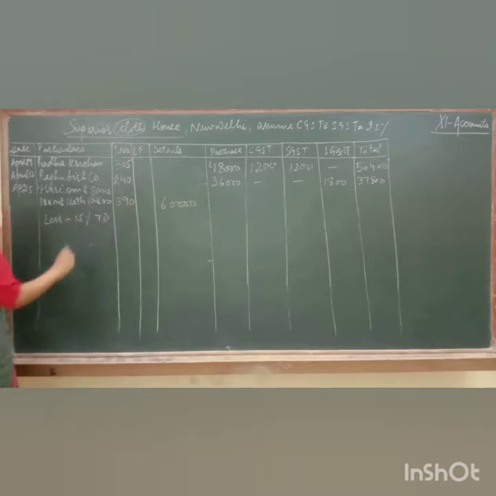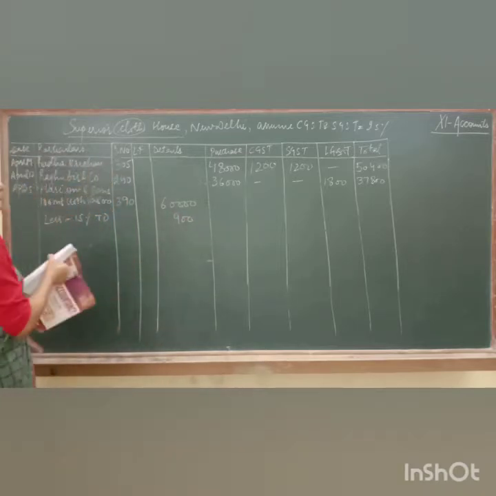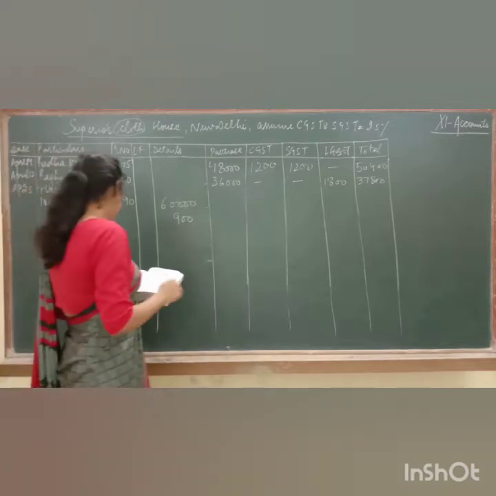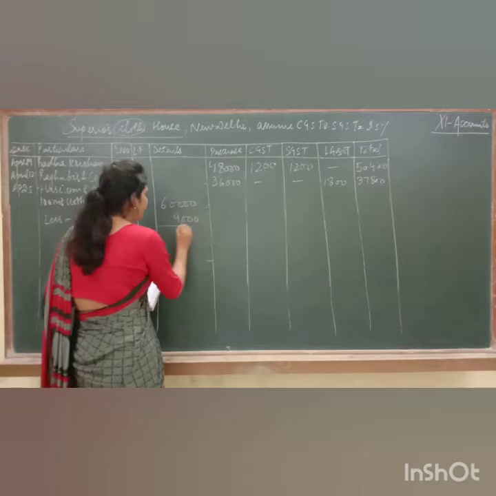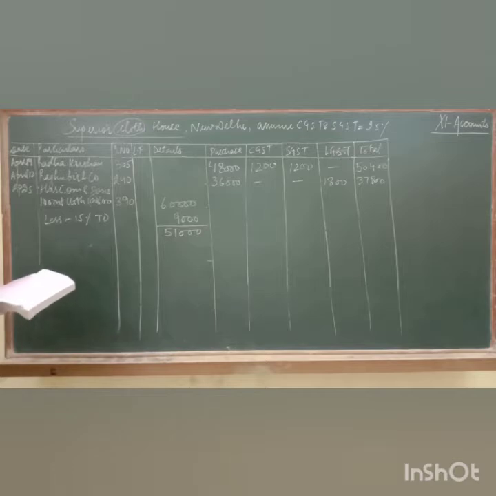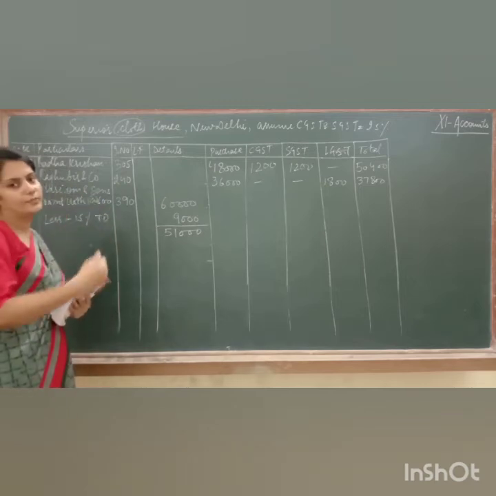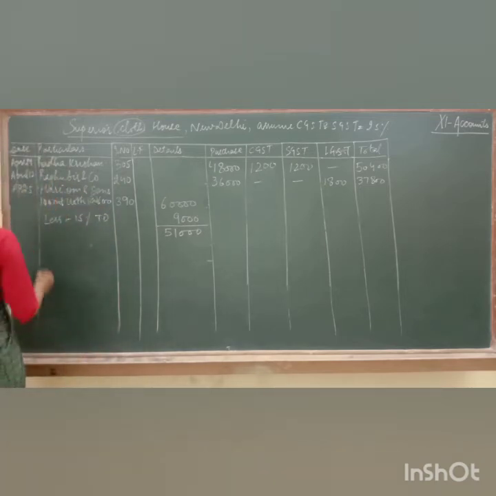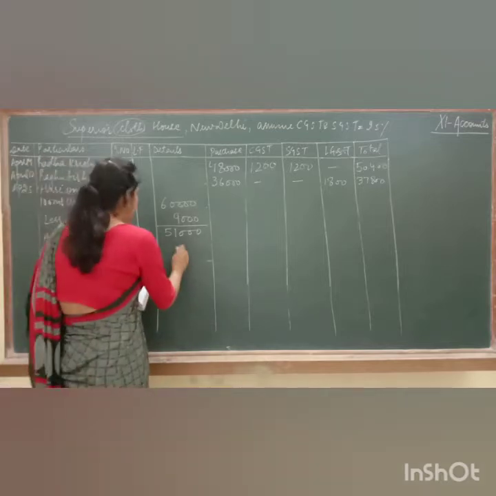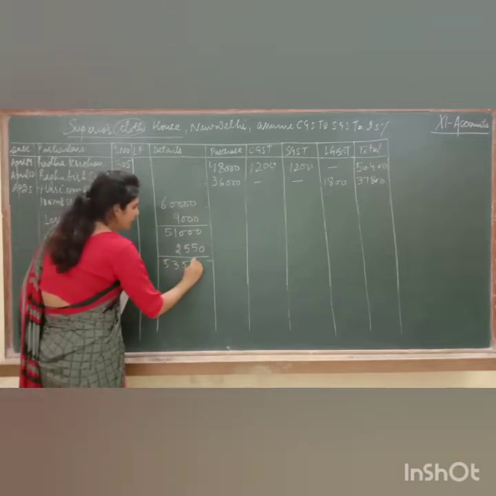So subtract it. 15% trade discount here means 9,000, sorry, 15% trade discount. So it comes to 9,000. Then write here 51,000. Now as we have purchased goods from Gujarat, our business house is in Delhi. So from Delhi to Gujarat it means we have to charge IGST. So write here add IGST 5%. So 5% of 51,000 is 2,550. Added, it is 53,550.